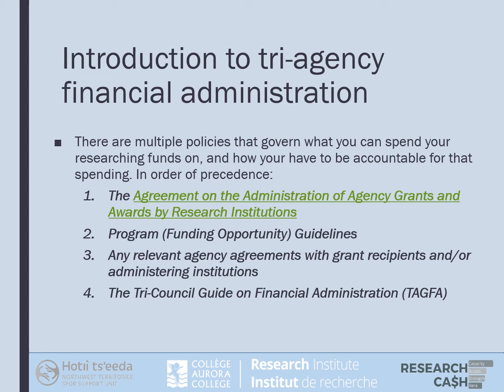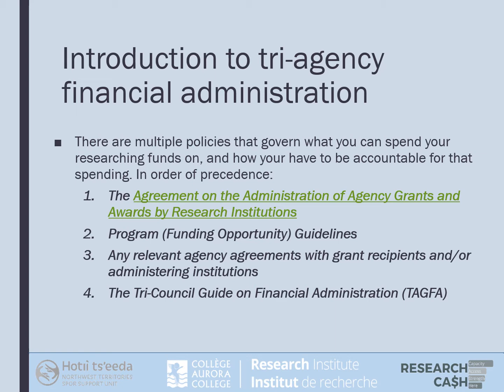The second most important policy is the program, so the funding opportunity that you're applying for, literature or funding program guidelines. We looked at examples of these in the session on creating a research budget. This is documentation that's specific to the grant or the funding opportunity that you applied to. From the example we looked at in that session, you cannot use funds for the NSERC Applied Research Tools and Instruments Grant to pay for someone's salary. You can, however, use funds from a SSHRC Connections grant to pay for someone's salary under certain conditions.